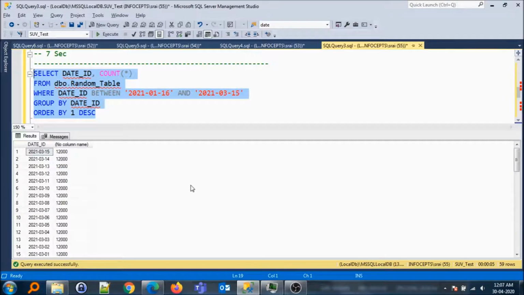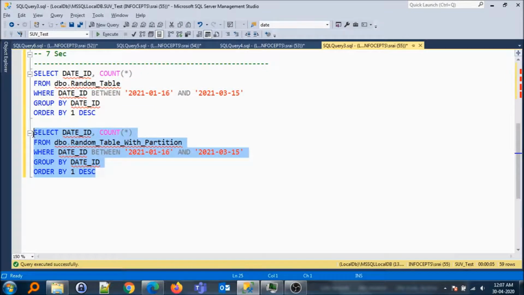If you notice, we have received the result set where we have extracted the record counts for 59 dates and it came in about 5 seconds. Now let us try to execute the same query on the table that has partitions on it.